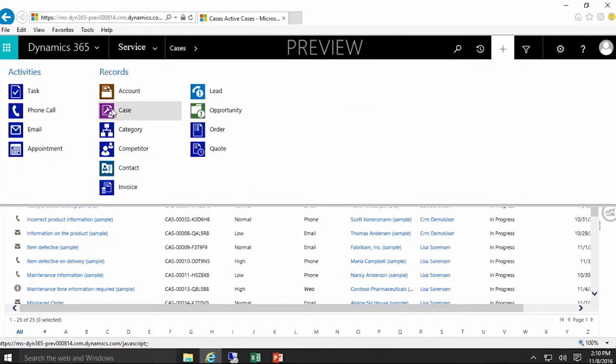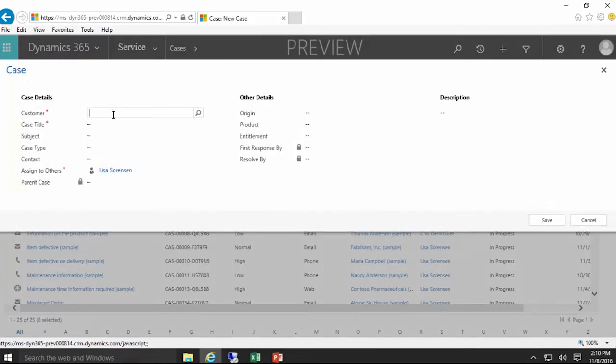Again, I'm going to use my create feature. And on this one, we'll send this one to AdventureWorks Cycle. And then again, this time I want to make sure that I actually have it via email, because that is one of the criteria that we actually have in our case routing rules. So now, once I actually create the case,